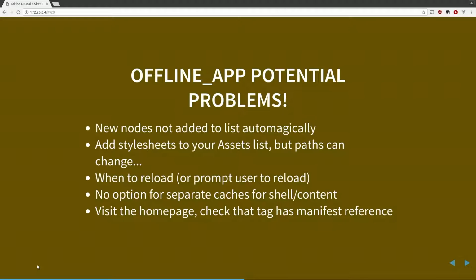You can prompt the user to reload. There's JavaScript snippets out there, and there's some resources I'll point you to at the end which will lead you in those directions. But essentially, once you hit that, whatever file references that manifest, everyone's just going to download everything, and it's going to be beautiful, and it's going to work. So